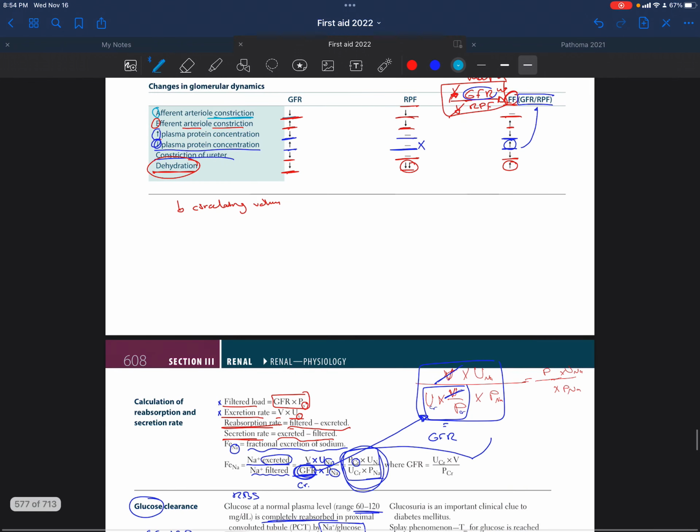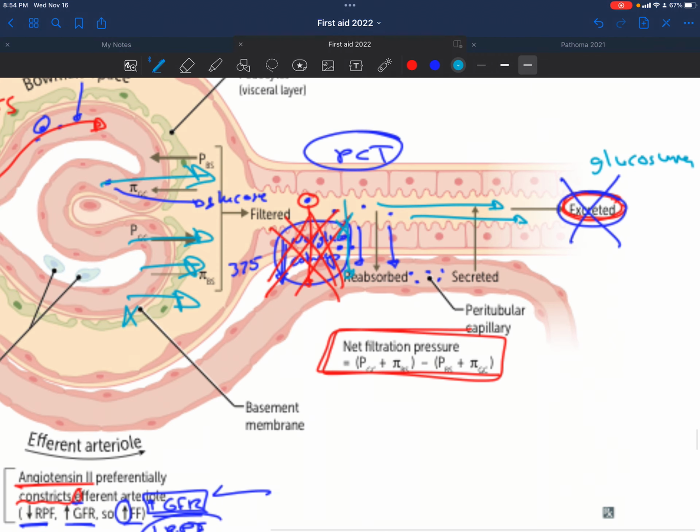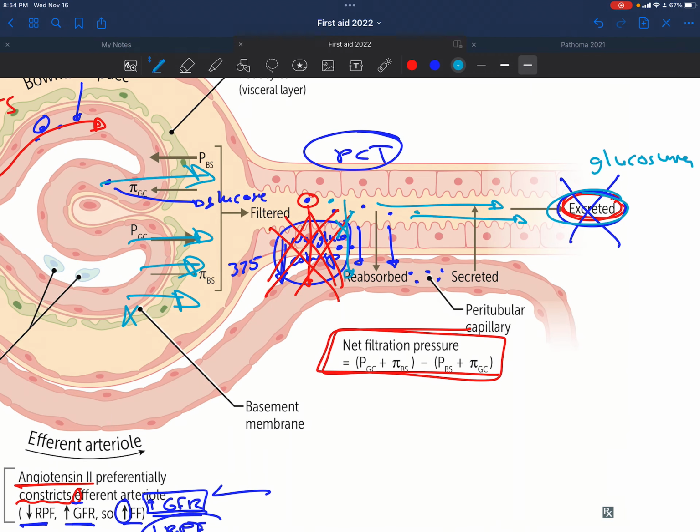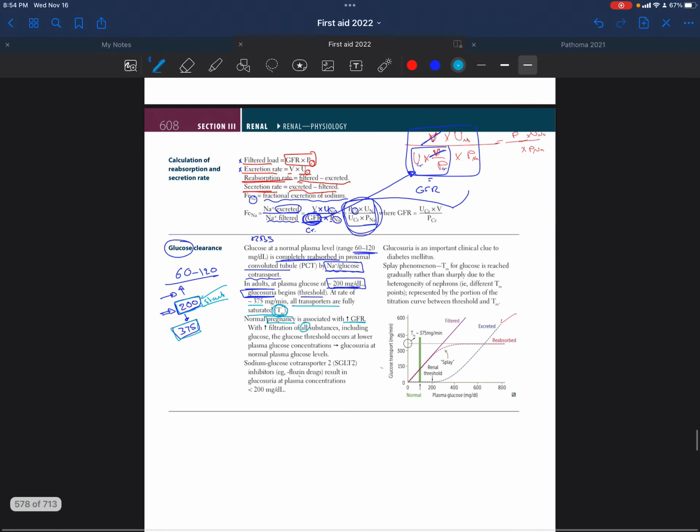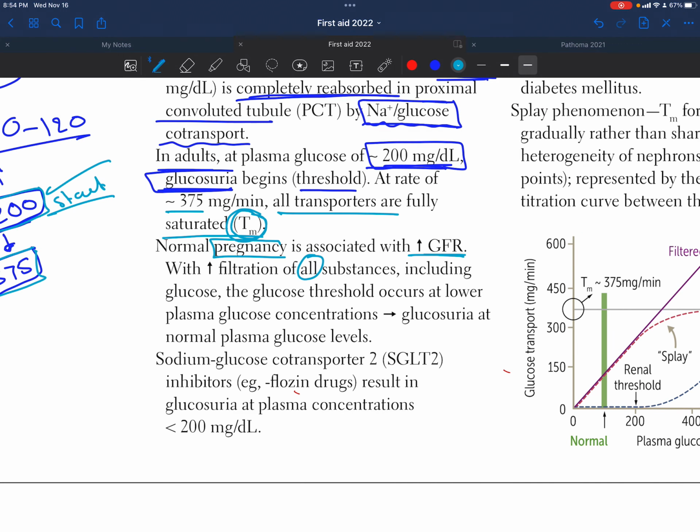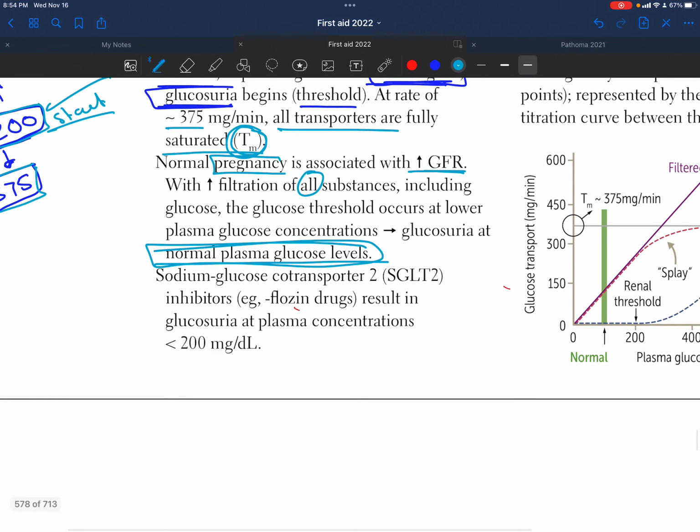So it makes sense to see a lot of glucose in the urine, but that doesn't have to mean a problem with this transporter that was over here. It's just a normal physiological function. Pregnant women filter too much glucose, so we see it in the urine even with normal plasma glucose levels. Okay, so the transporter that we talked about is called sodium glucose co-transporter 2,